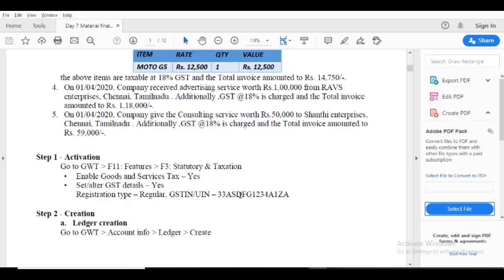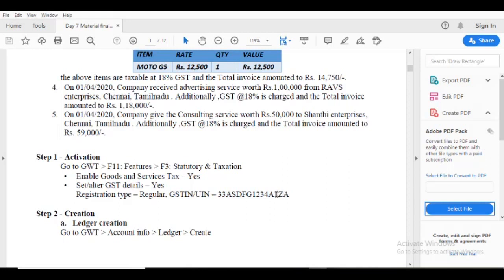The next 10 digits are the PAN number for the company. The PAN number is also a 10-digit alphanumeric number. The first 5 digits are alphabetic, the next 4 digits are numeric, and the final one is alphabetic. And then we cross the 13-digit explanation, and then we move to 14, 15, 16.